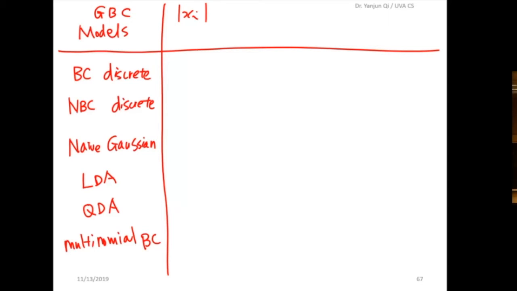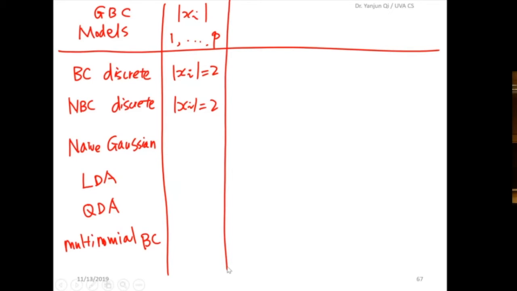So assuming this is equal to 2 case, there are p different variables, x1 to xp, and each one of them has 2 possibilities: xi equals 1, and xi equals 2. And then the Gaussian case is, okay, let's just do,